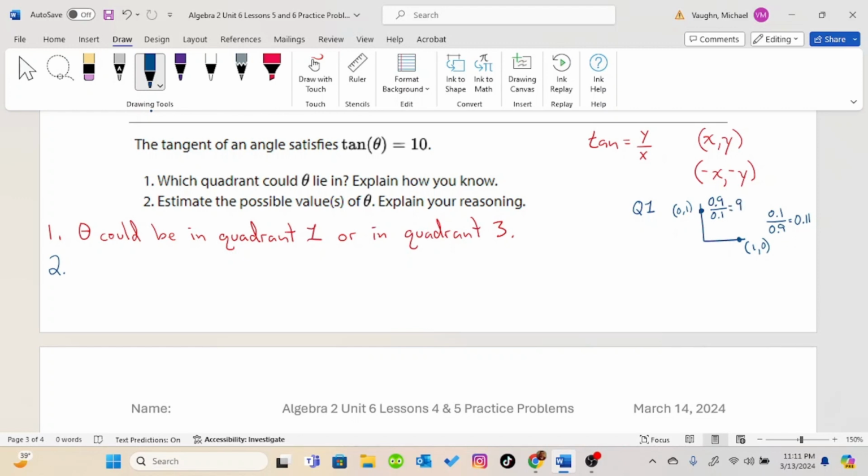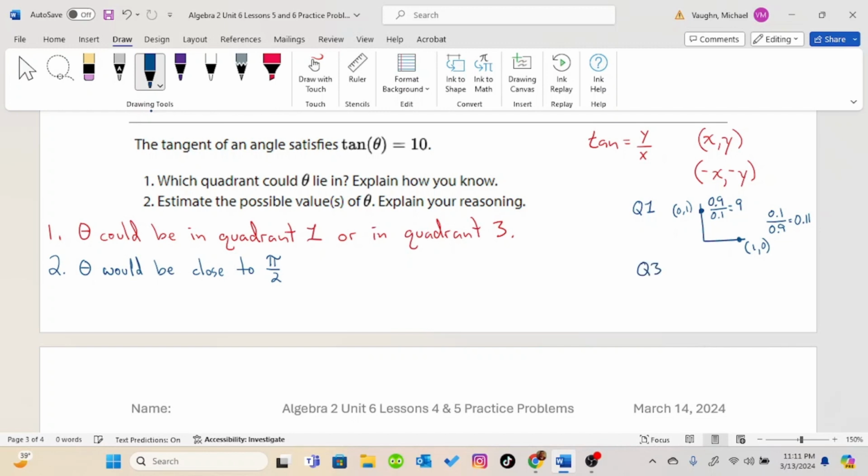So we're somewhere really close to the top of quadrant 1. So theta would be close to pi over 2, or